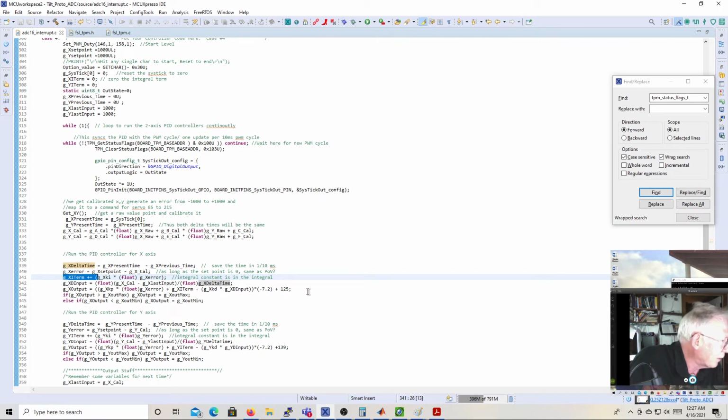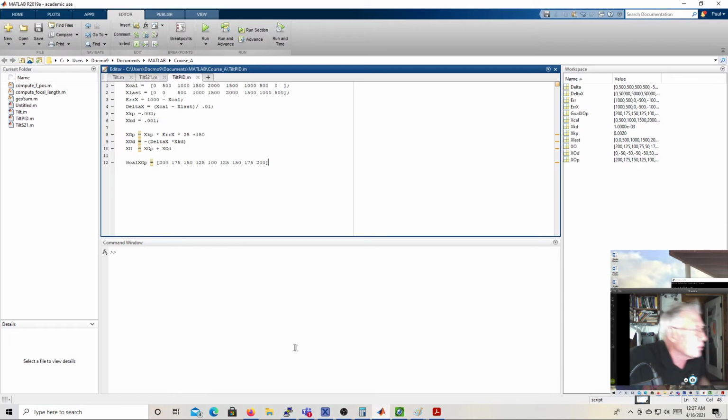Just forget that, and you need to figure out what you need to do here to scale this so that the resulting output will be meaningful. And that's why I did this MATLAB thing. Okay, so here I have my positions, my current position of the ball,